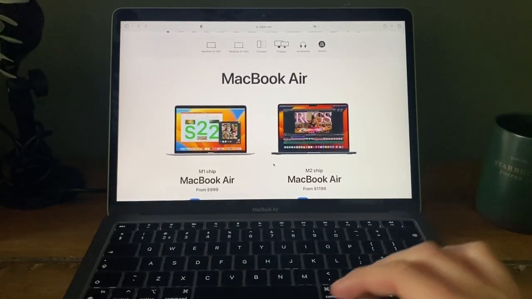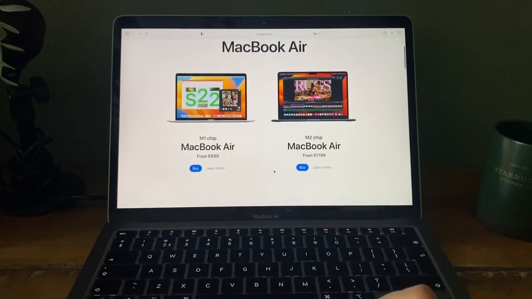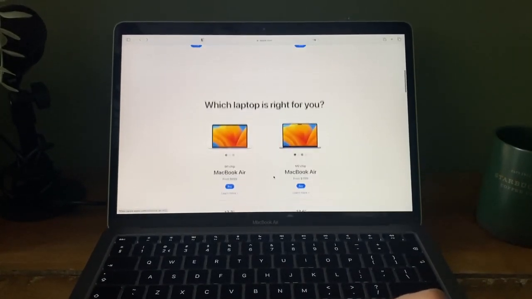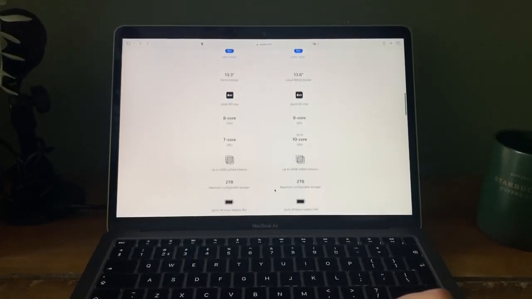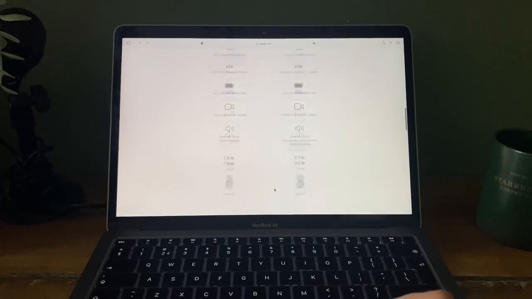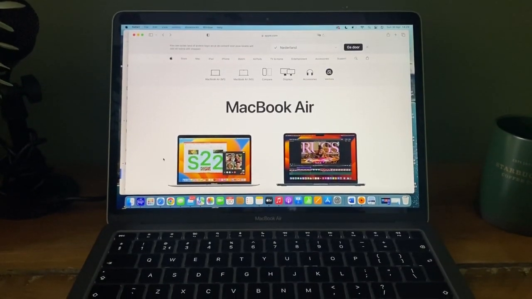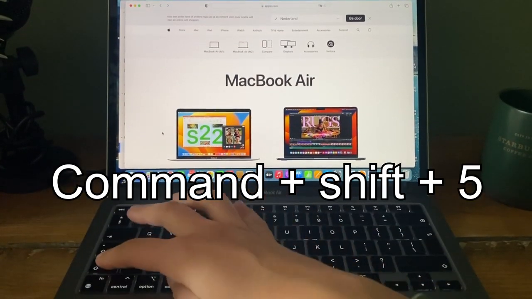Screen recording on a MacBook is a useful feature for creating tutorials, recording presentations, or simply capturing your screen activity. In this video, we will walk you through step-by-step instructions for screen recording on a MacBook Air using the screenshot utility. So if you want to record something on your MacBook or MacBook Air, you simply click Command, Shift and